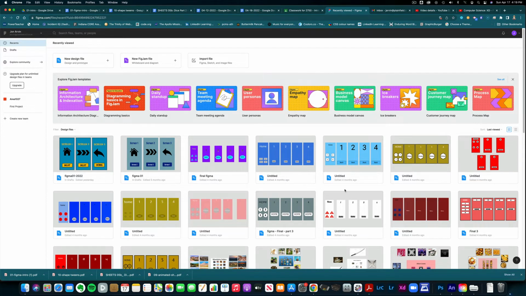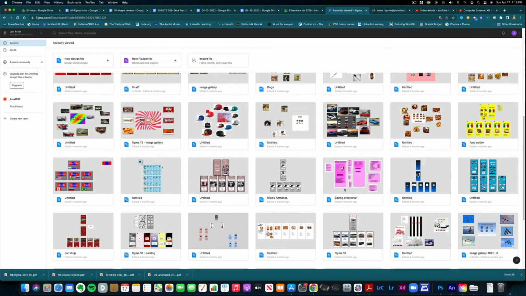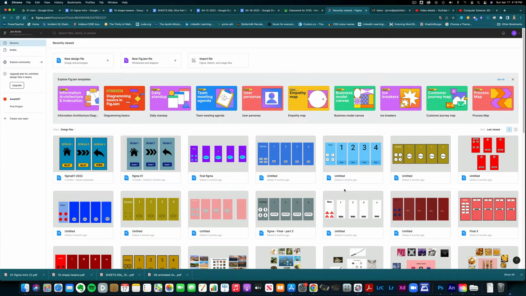Now you won't see all of these. I got lots and lots of design things sitting here on my front page because I've done this lots of times before and you haven't. So you probably won't have a whole bunch of recent design files or anything like that just laying around on the front screen. Now, before we get into the assignment for today, I'm going to hop back over to